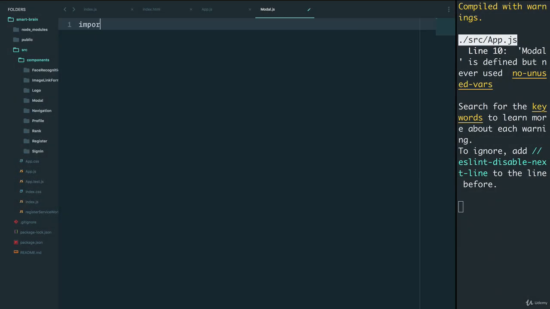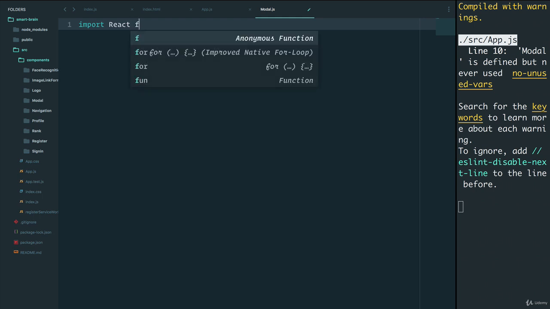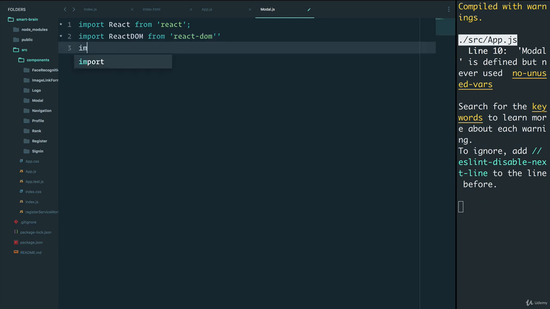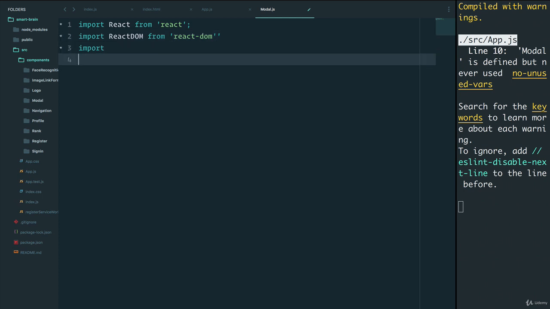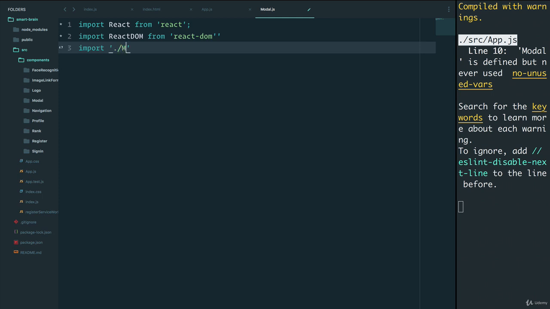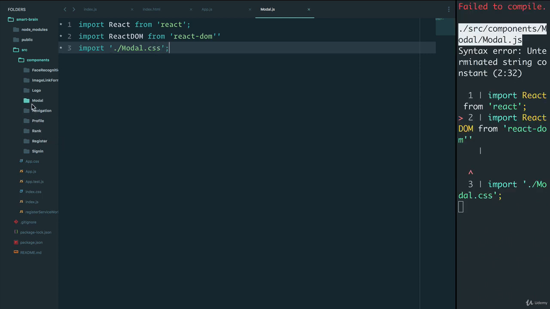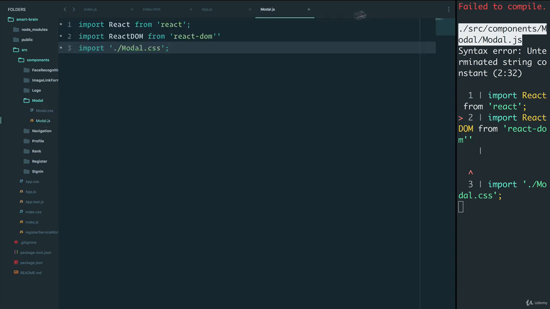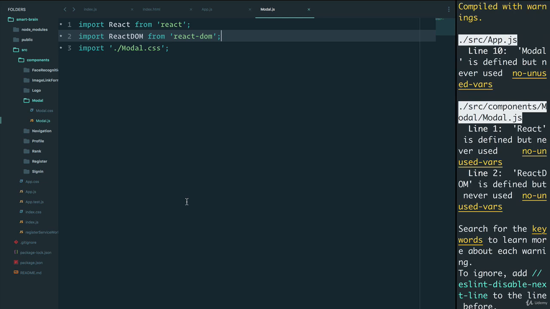The first thing we want to do, as we do with all components, is import React. But we also want to import ReactDOM from the react-dom package. And I have a feeling we're going to need some CSS styling with our modal, so I'm going to create a CSS file as well for our modal before I forget. Once again, I'll create a new file, modal.css,